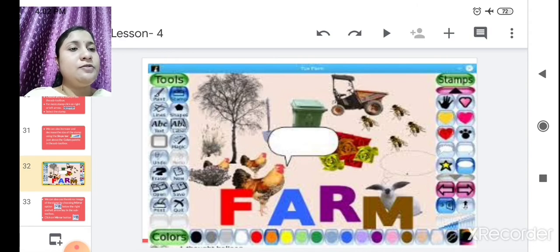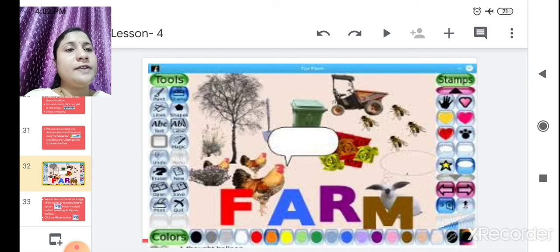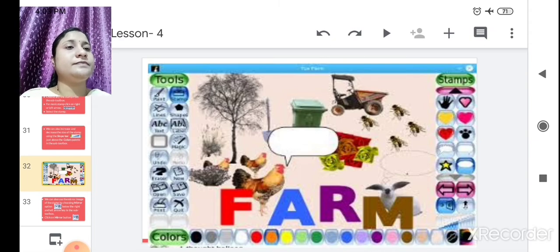It is blue and white in color, increasing in form, small at first and then it gets bigger. So this is to increase the size of the stamps. Here are some stamps in this TuxPaint, like cock, hen, then dustbin, tree, flies, and flowers. These are nothing but the stamps which are inbuilt in TuxPaint. Got it till this? Okay.